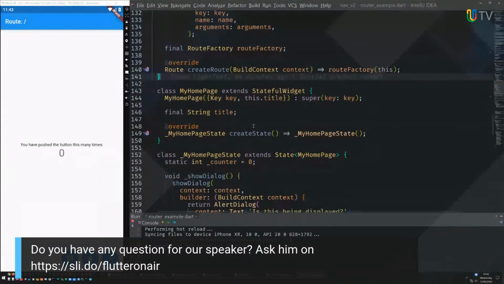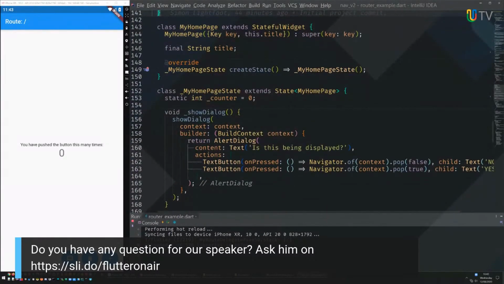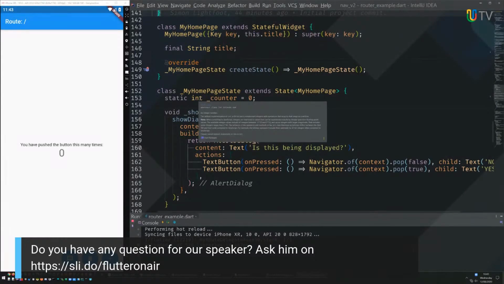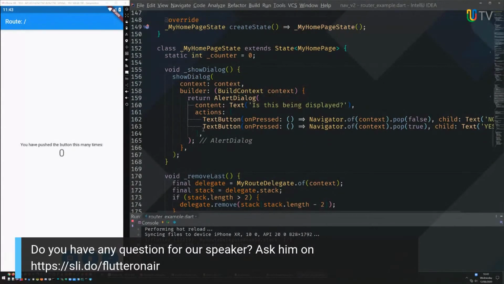And then what we see below is the default homepage widget that you can see here, the scaffold. That's the starting point. And all I've done is I've made the counter static. So when we press the plus button, we have multiple routes. The counter increments over those routes. And then I've just created 3 callbacks for the 3 action buttons you see below. So we have show dialog, and this is just to show that you can use the standard Navigator behaviors and things that we'd used before.